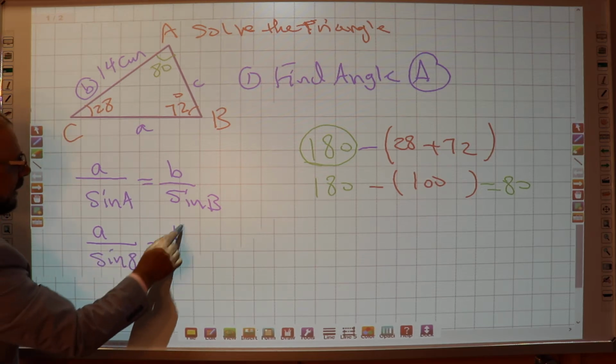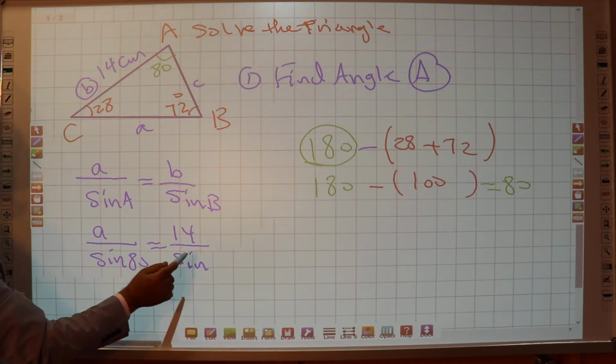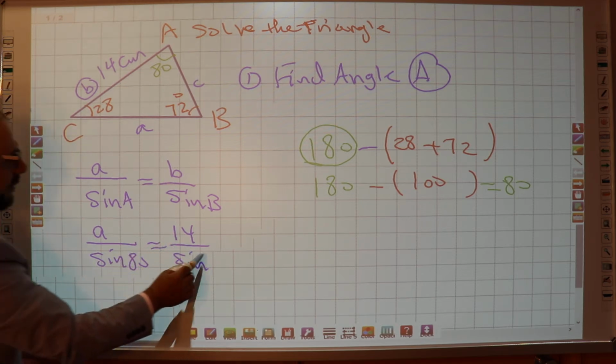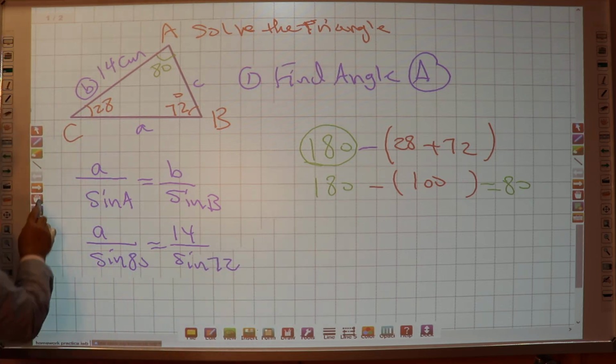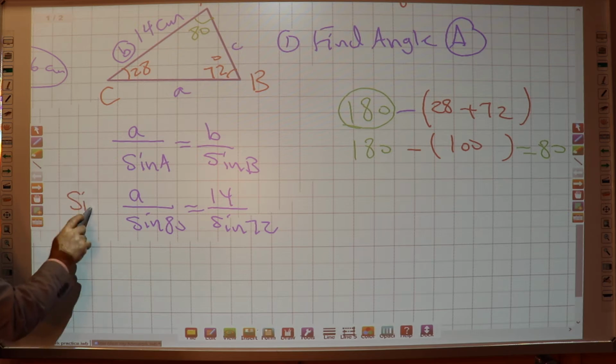B is 14, and the angle B is 72. If you multiply both sides by sine 80 to get A alone,